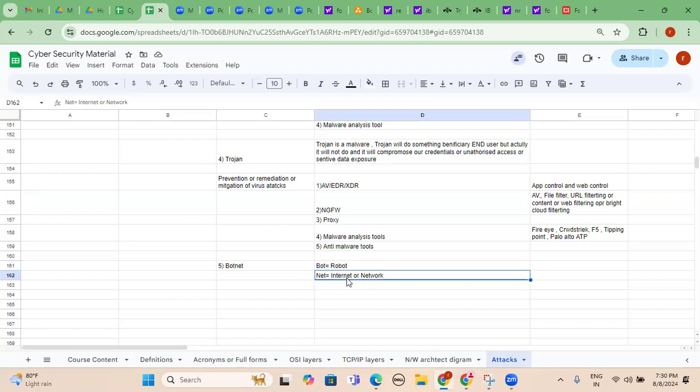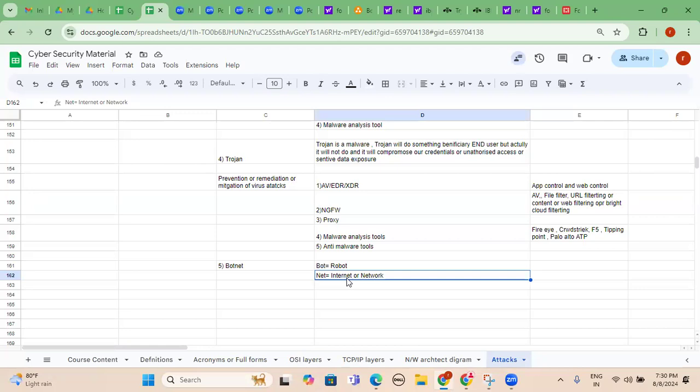Meaning this particular attack will compulsorily occur through the internet or cyber-related means. That may be using phishing email, malware attachment, whaling or spear phishing, or DDoS or DoS category of attacks.